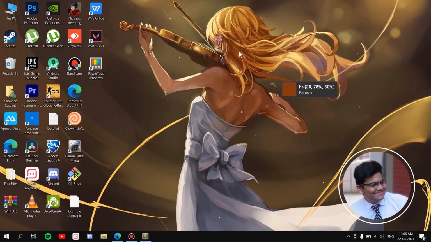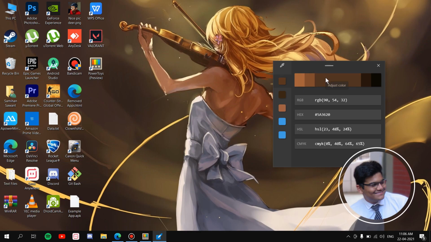Now if you pick any kind of color, let's say I select this one, it's basic brown, right? Once you copy it, it will be copied here also. See, all the colors that we clicked get copied here. Here you see these 5 bars. The center bar is to adjust the color, and the color picker also provides a few more shades, 2 lighter and 2 darker. If you click on these, these colors will be copied right here. Let's say I click on it, see, it gets copied right here.